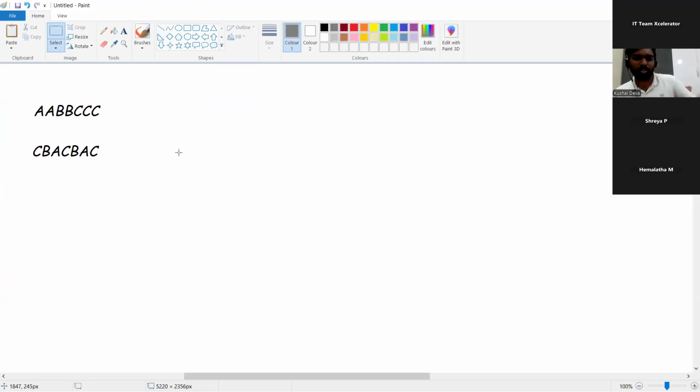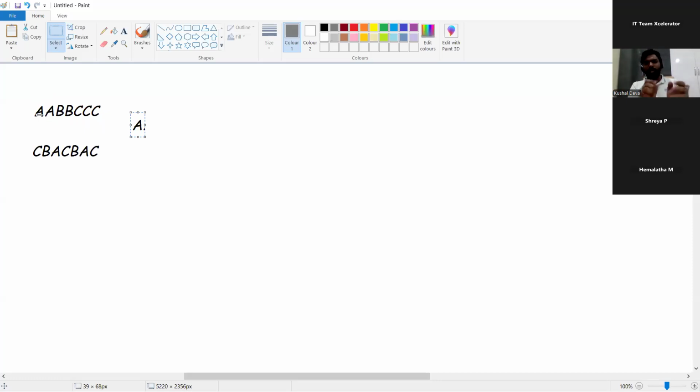So we go with the basic logic actually. First, I would pick the character A from string one. Okay, the string lengths should be the same. Yeah, you can sort both the strings. After both the strings are sorted, if they are the same, then those are said to be anagrams. When you go for sorting, the time complexity would be order of n log n. But when you go for a hash map, the time complexity reduces to n. So that's the picture of the hash map.